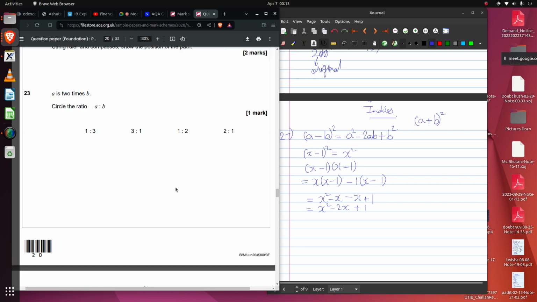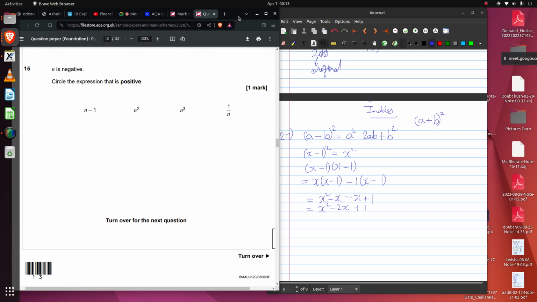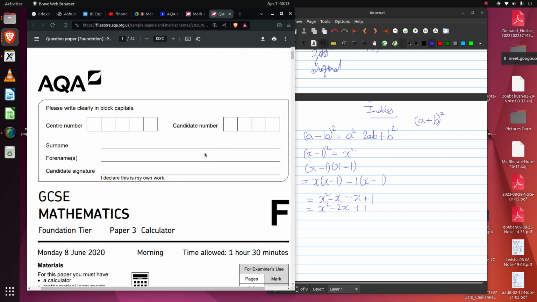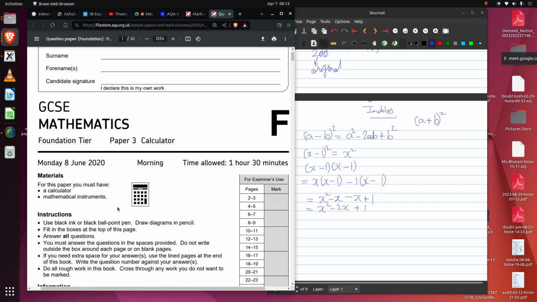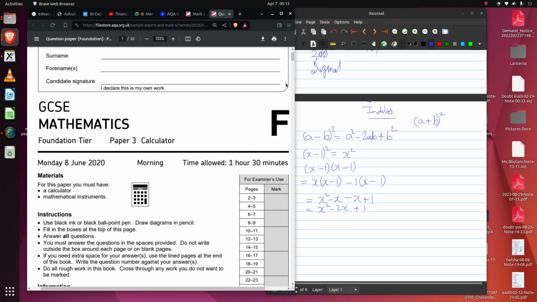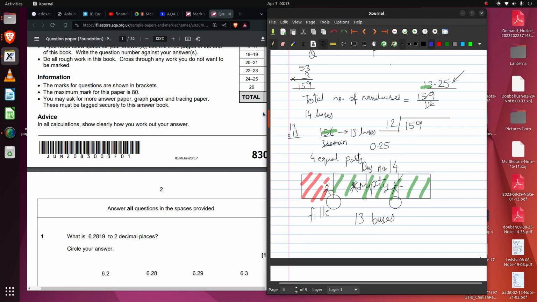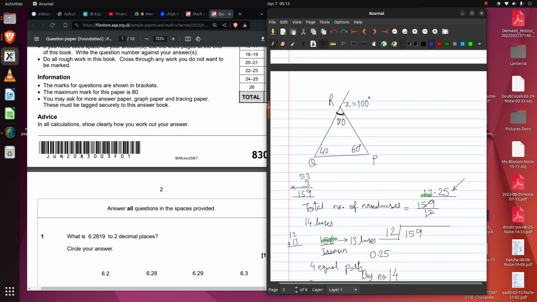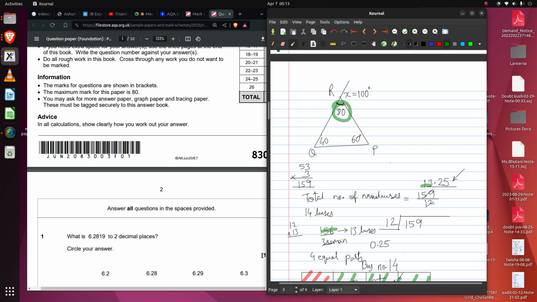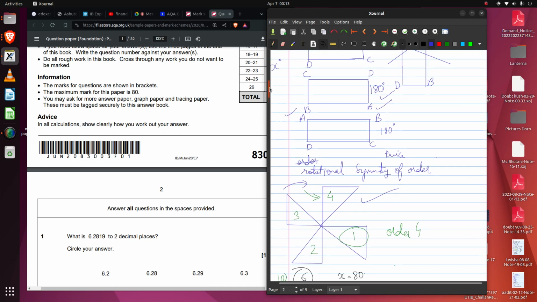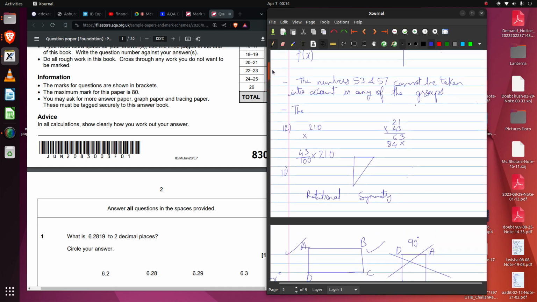Okay. I would like to stop for now. There are so many questions in this. This is June 2020, so we'll remember that we are doing June 2020 paper 3. You have not made a single mistake so far today. Except for this angle thing, the small mistake that you told me. That was the only mistake you made. Everything else, I don't remember you have made a single mistake.